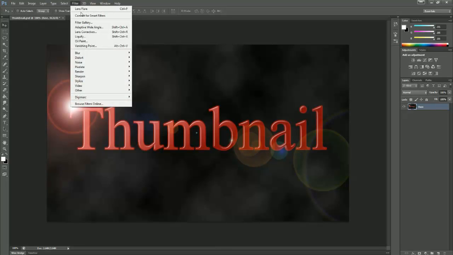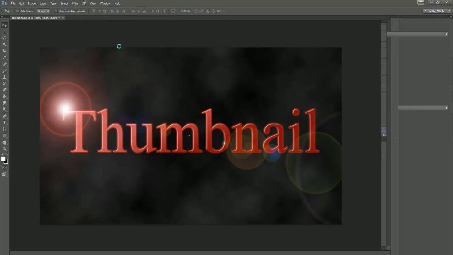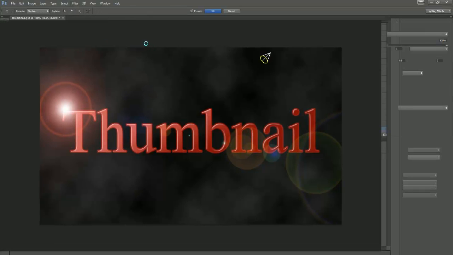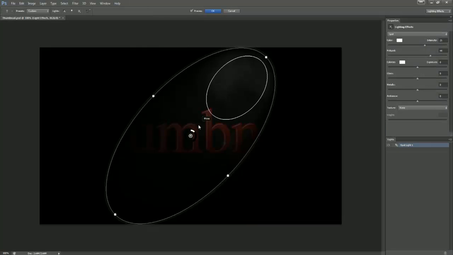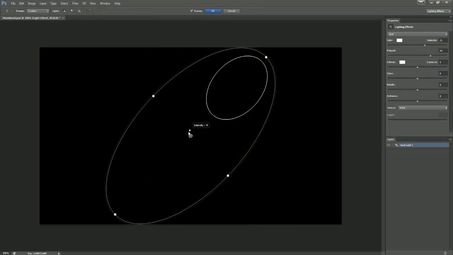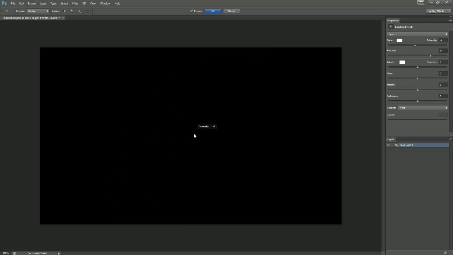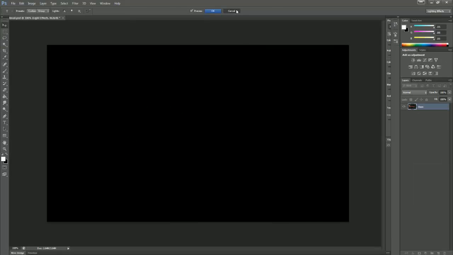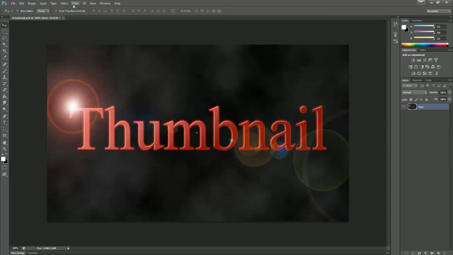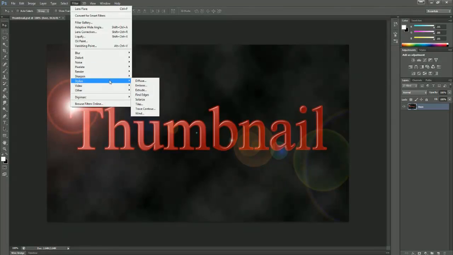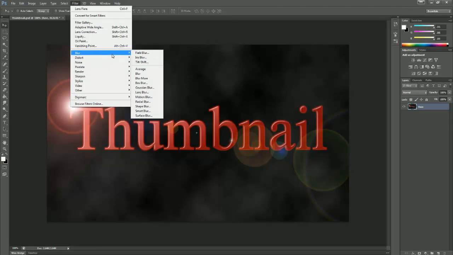Now if I go to filter and let's mess around. Lighting effects, what's that all about? I've never clicked this before, so I don't really know. Ooh. Okay, yeah, I don't know what the hell that is. I'll have to experiment with that. That looks pretty cool. I think